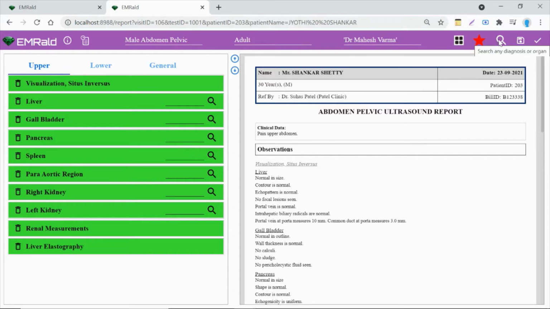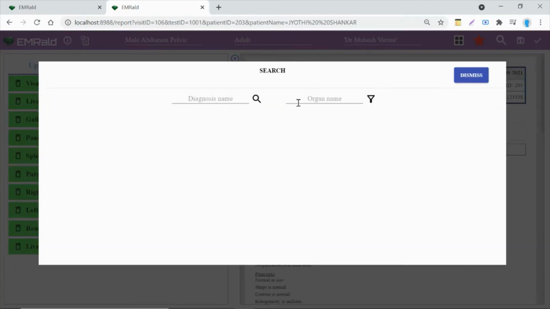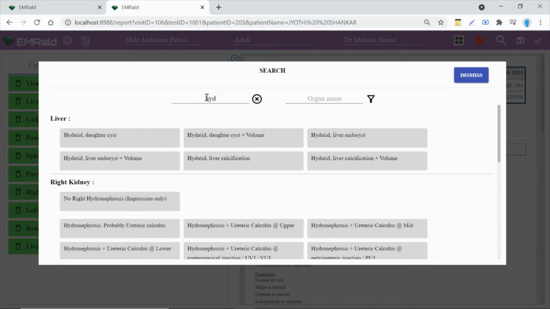If you were to dictate it, if you have a typist, the person would then press the search button and type. It can as well be that the report is composed by a radiologist himself or herself. So both options are there. Either you can have a typist or you can do it yourself. In any case, you come to the search screen and you type the first few letters of the pathology or the condition that you would like to make a note of. So it was hydatid cyst, and then you see immediately with the first few letters, it shows up a number of options.